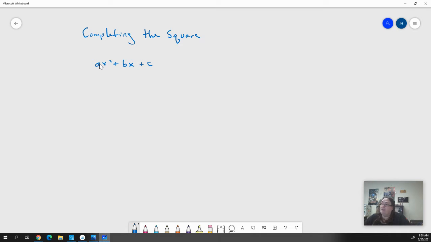So remember that we've been dealing with things in terms of ax squared plus bx plus c, right? And these signs can change in here. It's perfectly fine. But when we're talking about completing the square, what we're using is the idea that we have these perfect square trinomials. But what a perfect square trinomial basically is saying is that when we have a perfect square here,